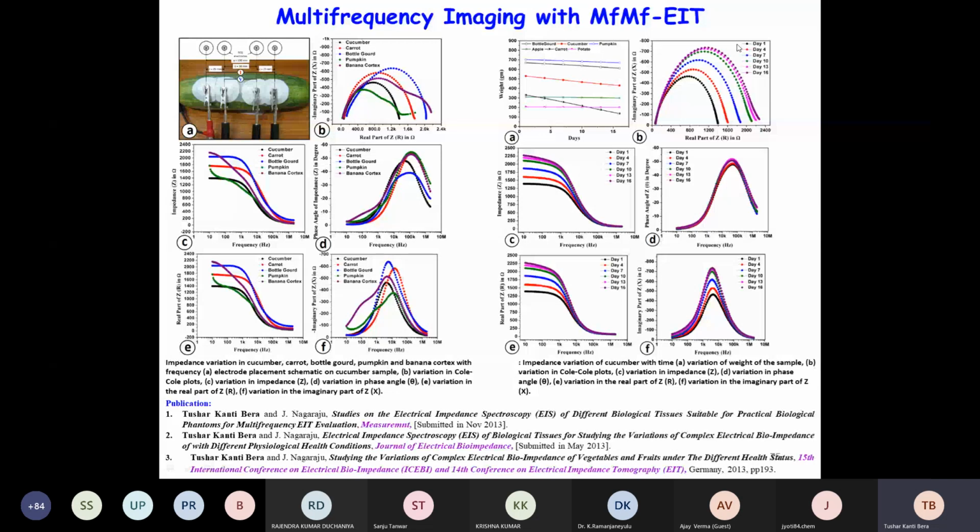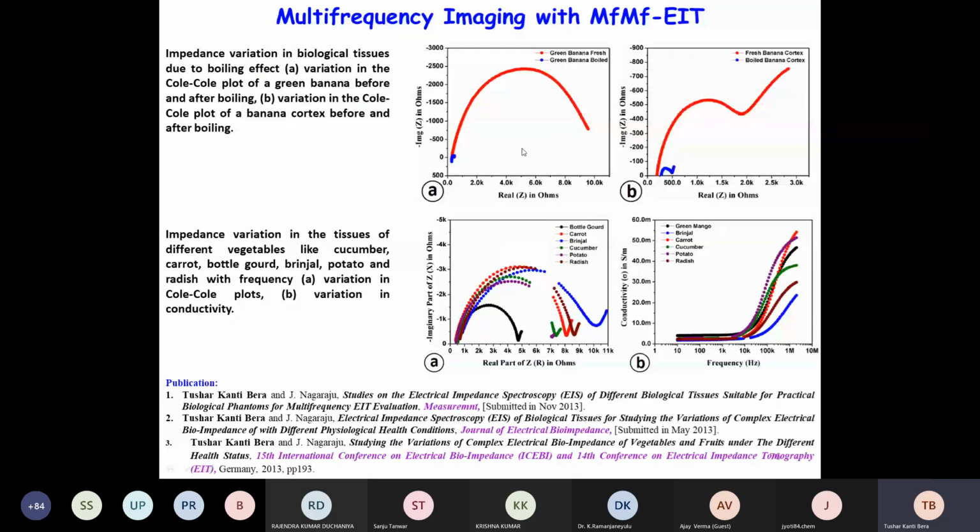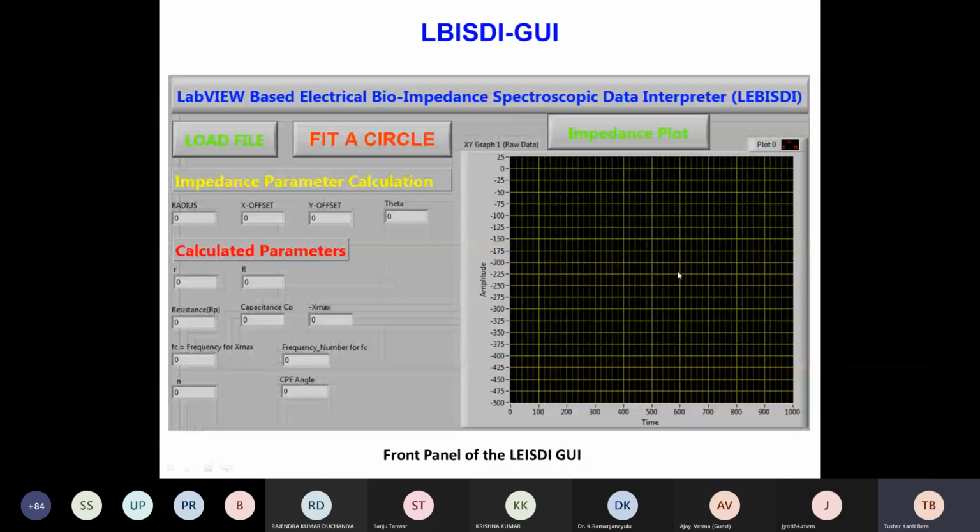That means the rate of the evaporation of the water is reduced due to the lack of water inside it after drying of 2 weeks. So that type of thing can be obtained to get the freshness of the fruits. And also if we burn some tissue, or if we boil some tissue, the impedance change will also be found drastic in amplitude, and you can see that the destruction of the cell membrane will reduce the impedance value drastically. After that, some software is required because the impedance analyzer will give only the tissue impedance